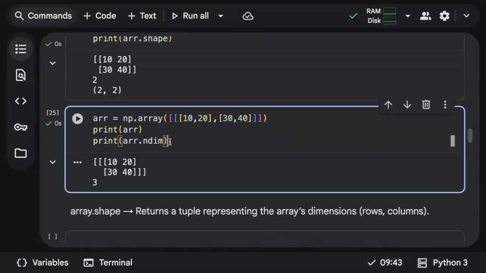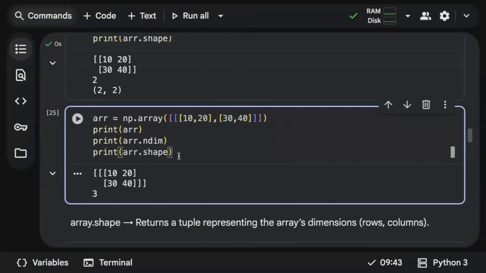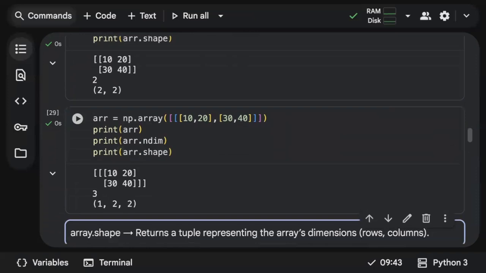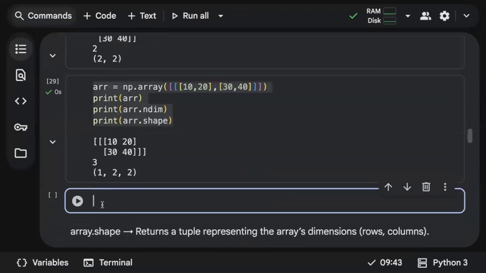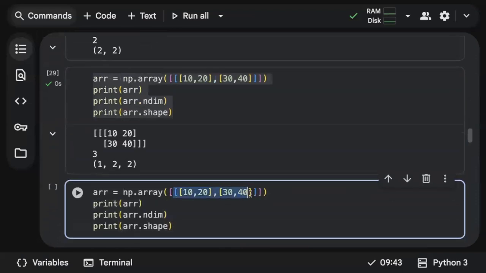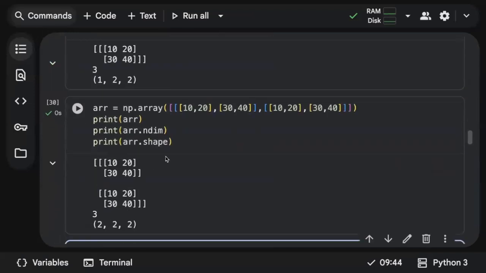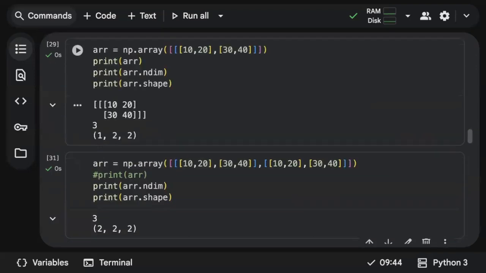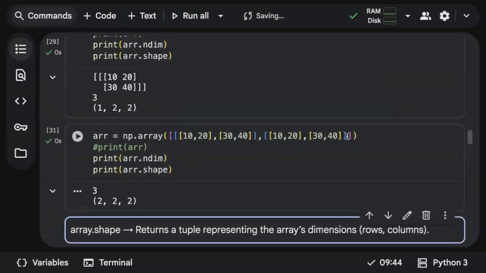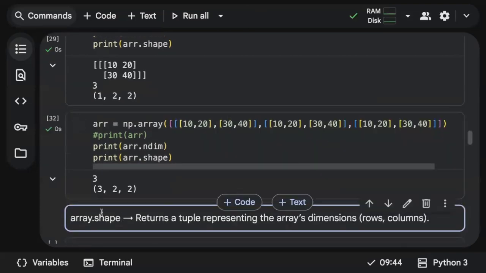Similarly, when it comes to a 3D array, if I check the shape, any guess? 3 dimensions means 3 coordinates will be there, right? There is only one matrix of order 2 cross 2. Understand the 3D array concept? Now what if I repeat this matrix multiple times and see the magic? Can you see the shape? Your shape is changing. There are two matrices of order 2 cross 2. Let me increase one more. There are three matrices of order 2 cross 2.